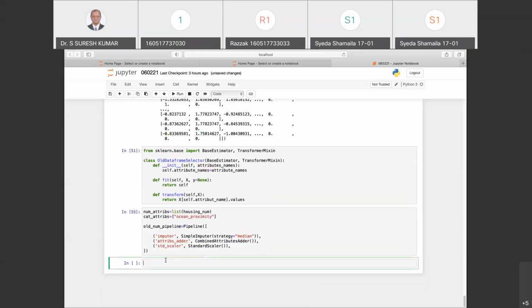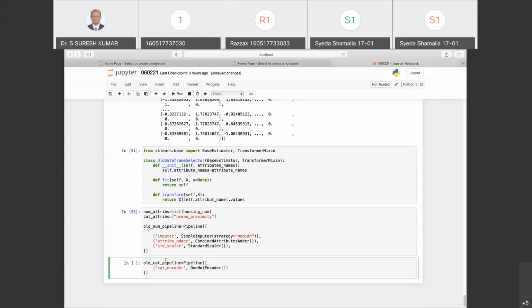Similarly, let me create it for the categorical pipeline. So for the categorical pipeline, this will be my pipeline of my selector, which will be my, no, I'll not take the selector, I'll just take the category encoder, which will be nothing but my one hot encoder.